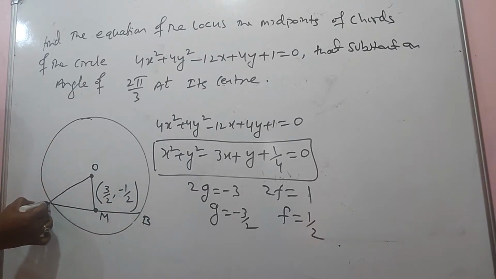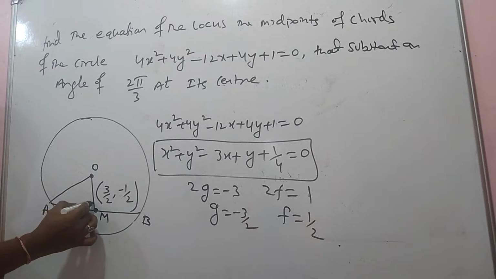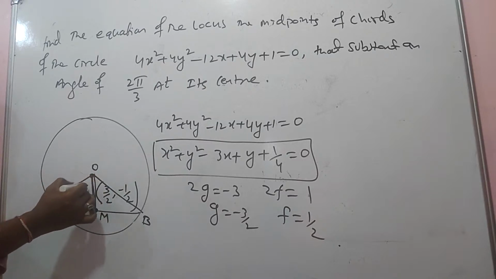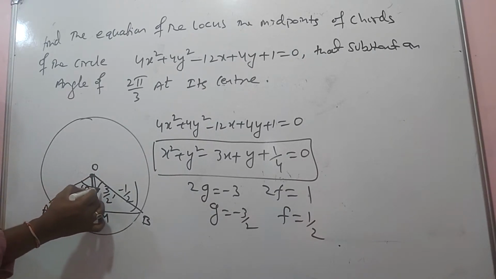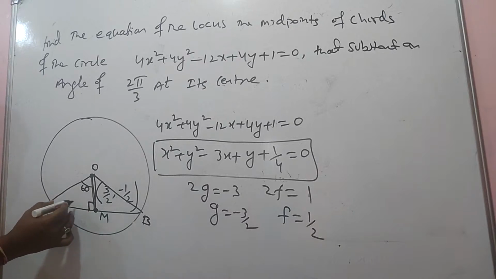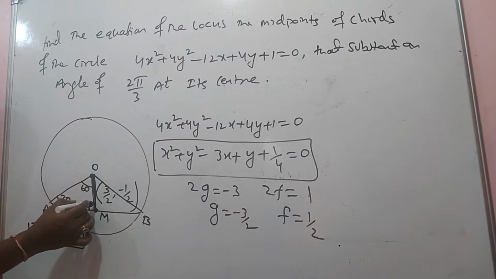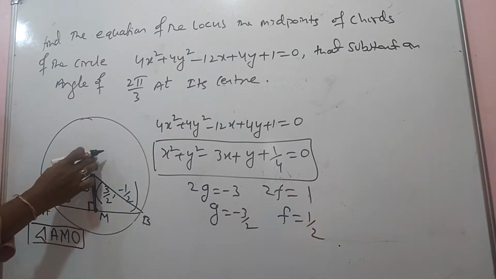And you know they're given 120 degrees, and you know this is 90 degrees, perpendicular. This will be the perpendicular, and this is the perpendicular. And you have total 120 degrees. Out of 120 degrees, it will be divided into 60 and 60. This is 60, this is 60. It means this is 60, this is 90, then this will be 30. So you got the right angle triangle AMO. From this, you can find the OM distance, because you know the radius here.